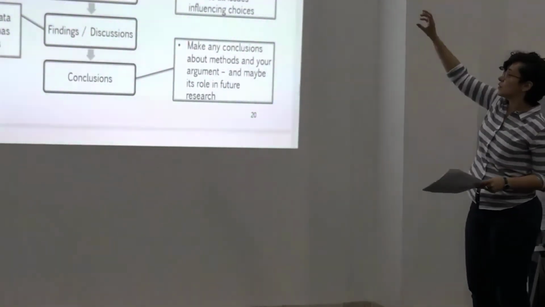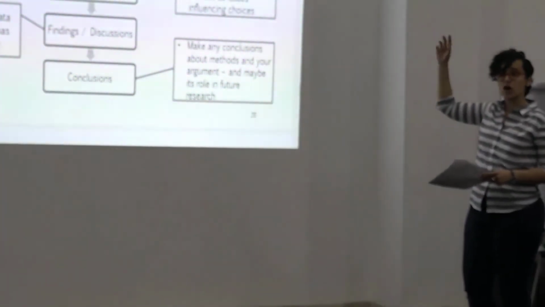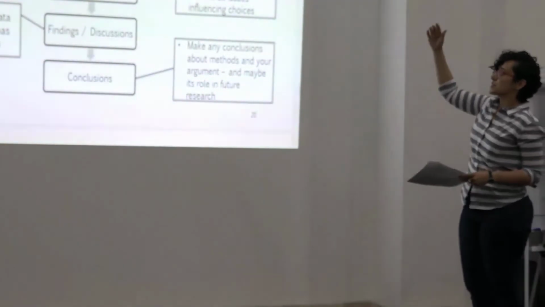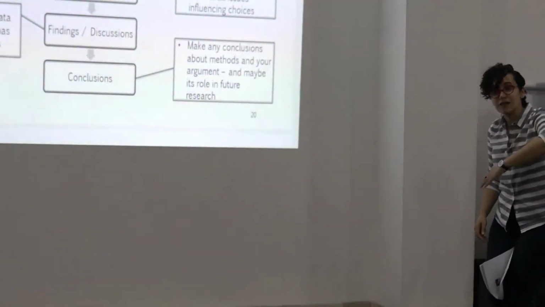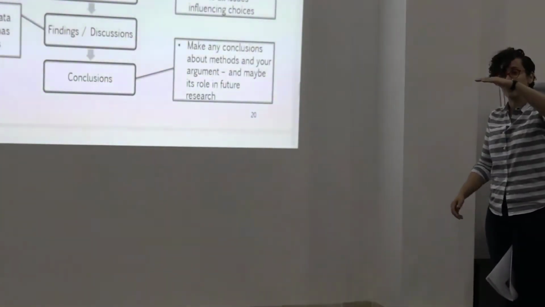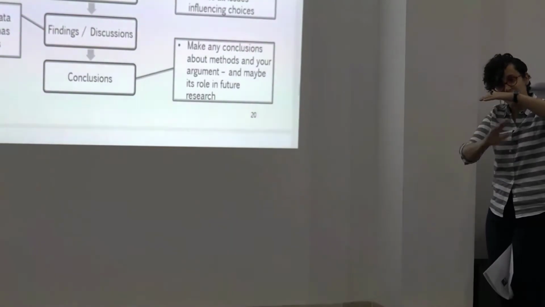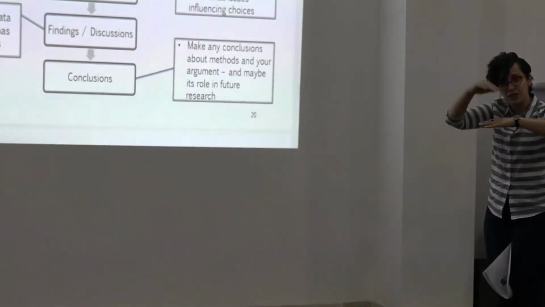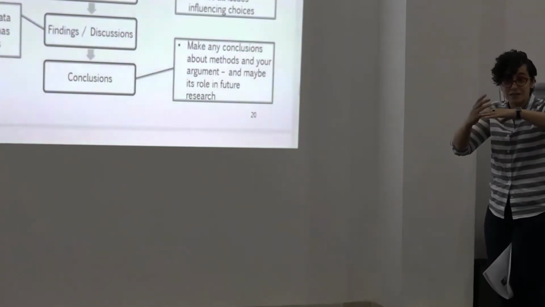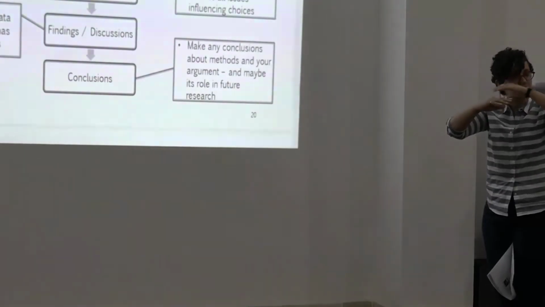So, as you can see, what looks like a very simple structure actually involves a lot of linking. It's all about the connection. It's like you're putting layers. Your first layer is the theoretical layer that you continue to talk about throughout the whole paper. Then you add the methodological layer, which links to the theory and continues through the rest of the paper. Then you add your data, which needs to go through the theory and the methods to reach conclusions. So it's a nice sort of layering.